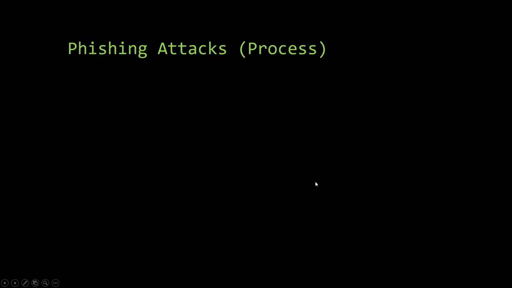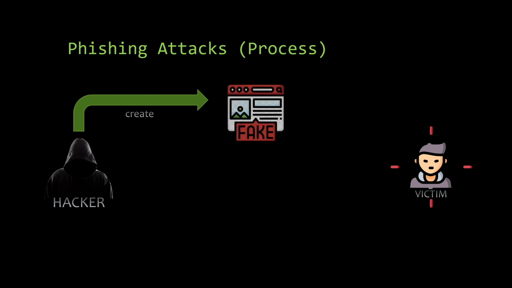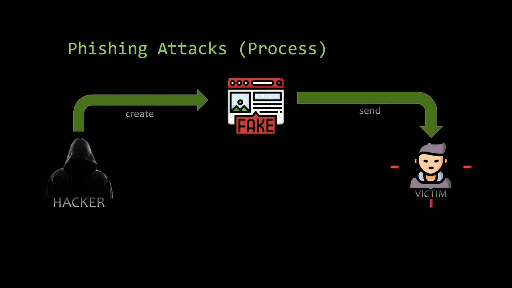First, we need two entities, the hacker and the victim. The process of the attack will start when the hacker creates a fake website, or what we call a phishing website. This fake website will look like the login form of a Facebook account. So in the case of Facebook hacking, it will be mimicking the Facebook login platform. And after that, the hacker will send an email to the victim that contains this fake website, and they will disguise as a trusted Facebook employee or a trusted person such as family, friends, relatives, and so on. And this is where the social engineering comes in.